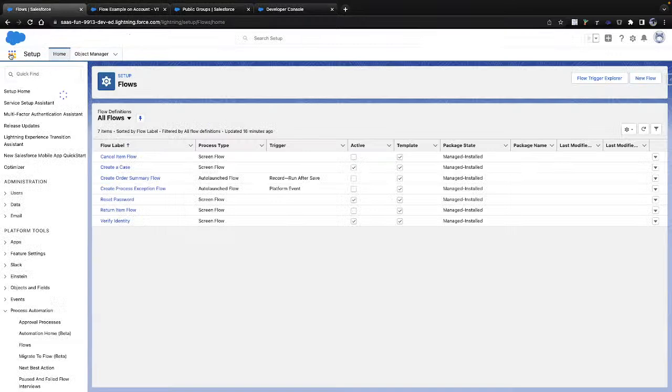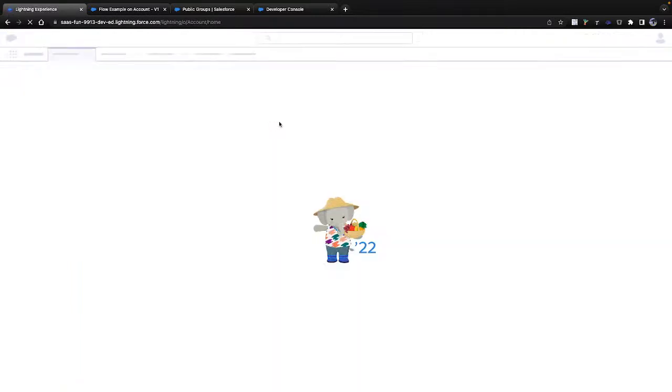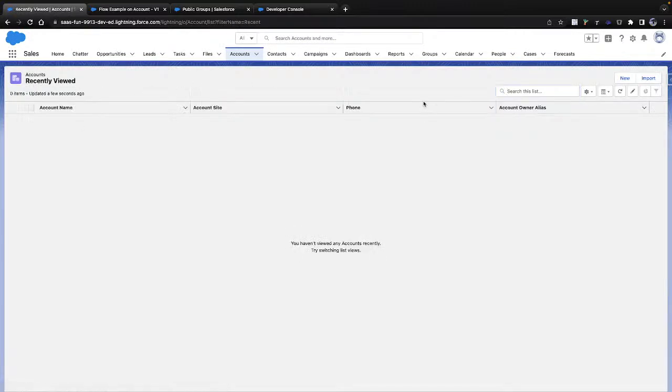I'll take a simple example of an account ID. For example, I'll take an existing account itself. I suppose like any scratch org will get records. I think so. Let's see. Do I have any records here? No, I don't have.